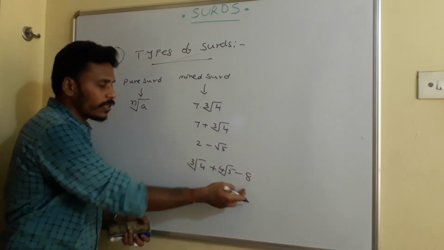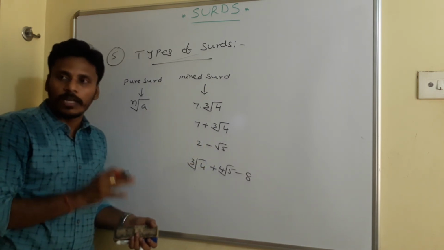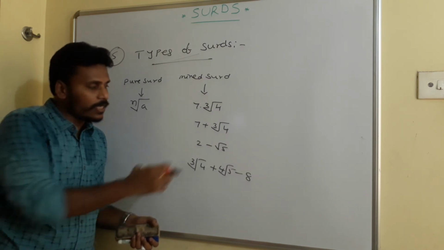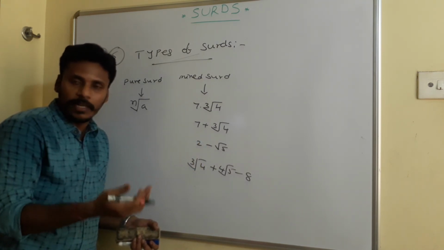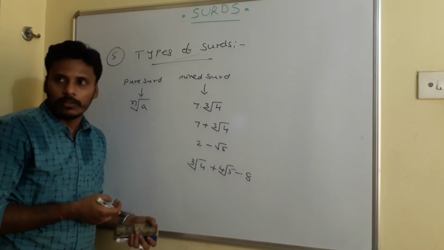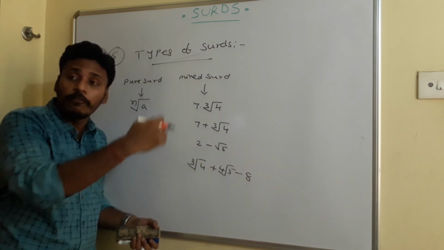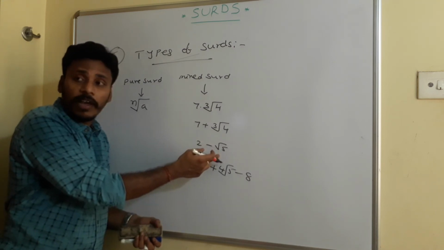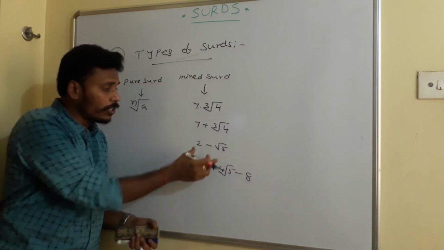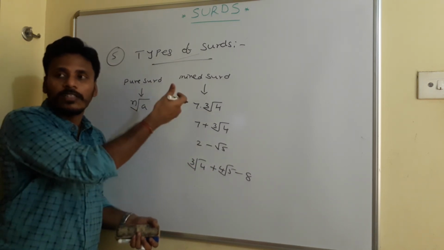But all these things are surds. Surd in the sense that we don't have an exact value for this. Its simplification is neither a terminating nor a repeating decimal. Since its simplification is neither terminating nor repeating, we don't have an exact value for this root 5. So we don't know 2 minus root 5 either. Since this is not exact, since this is infinite, because there exist an infinite number of decimals, you are mixing the 2 with that infinite. Again it becomes infinite. So this 2 minus root 5 is again a surd, but not a pure surd. We mention these as mixed surds.